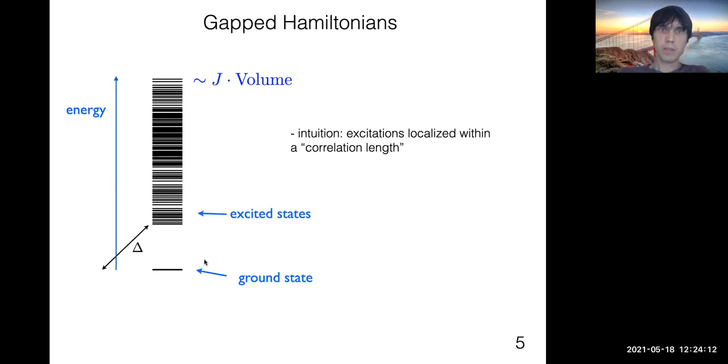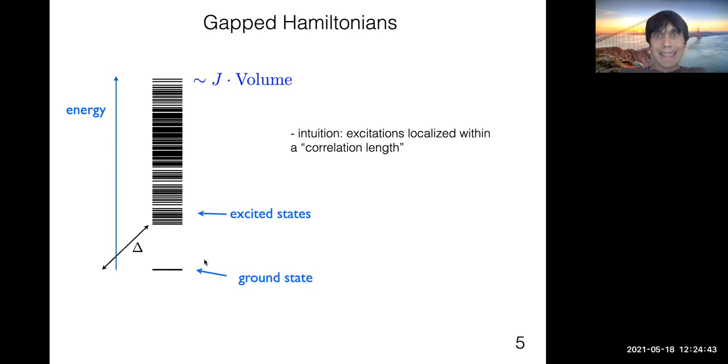But the point is that we're really dealing with the thermodynamic limit of infinite system size, and we want to have a gap in that limit. Again, I will not formally define the thermodynamic limit of infinite system size, and that is a thing that's difficult to formalize. But again, the intuition is that the finite gap remains as the system size is taken to infinity. Okay,